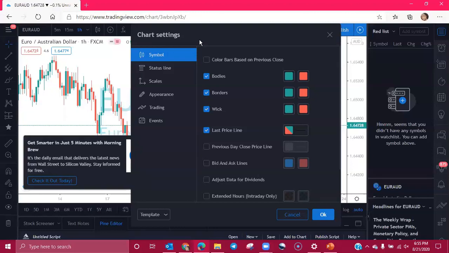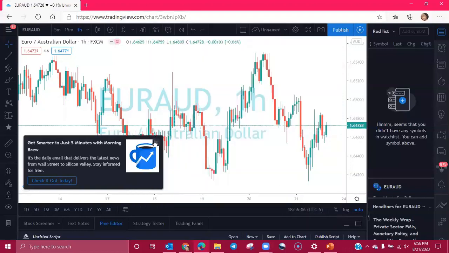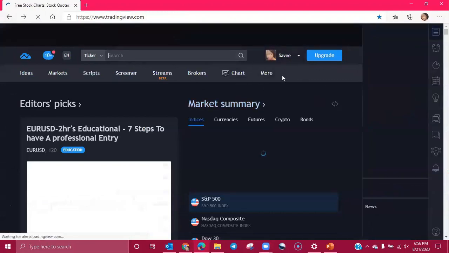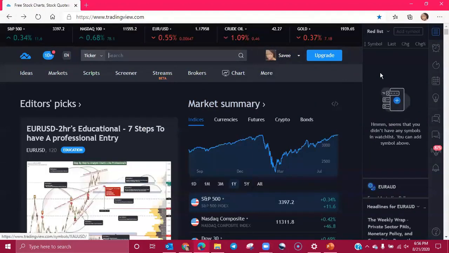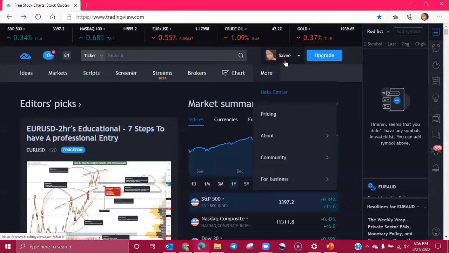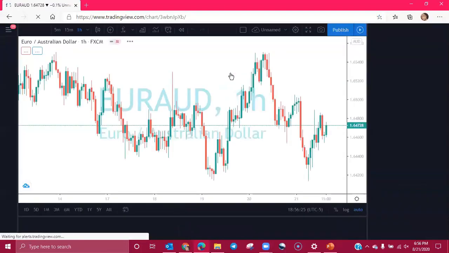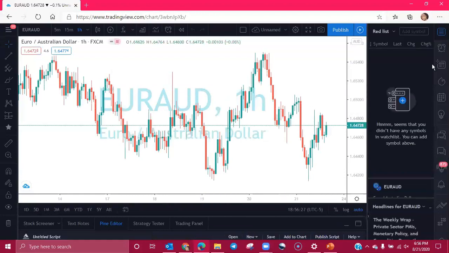Okay, someone asked, how did I get to this screen? Okay, so I will go back and show it again. When you initially log into your TradingView account, you will be on this page, looks similar to this. You'll see your account name here up at the top, your profile name. You're going to click on chart, and that's going to pull up your chart.